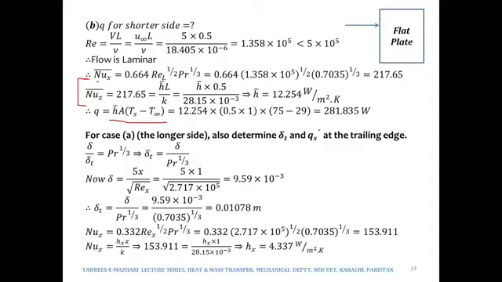Since we know that the selection of the appropriate expression of Nusselt number depends upon various parameters, such as whether it is the flow over a flat plate or a cylinder or a sphere. Here it is over a flat plate, that we already know, but we need to determine the type of the flow, meaning whether the flow is laminar or turbulent. To determine that, we need to calculate the value of